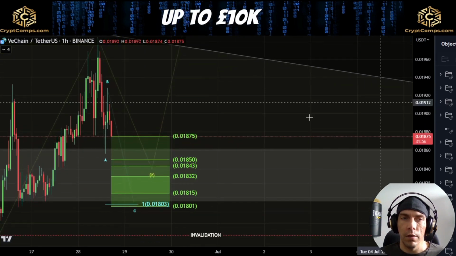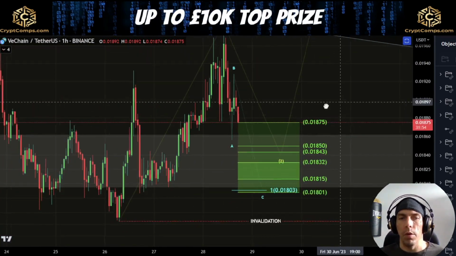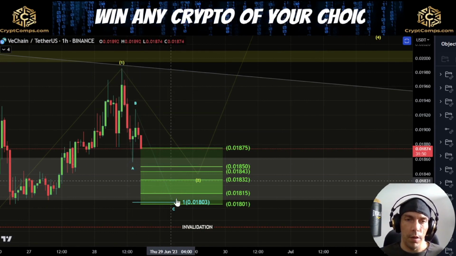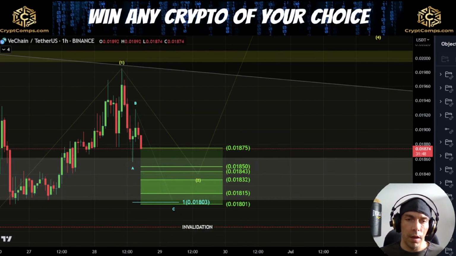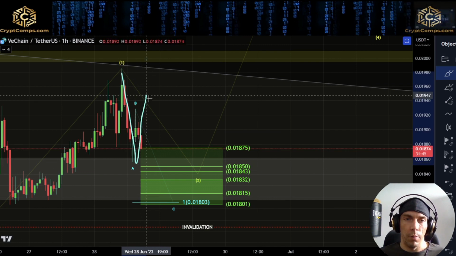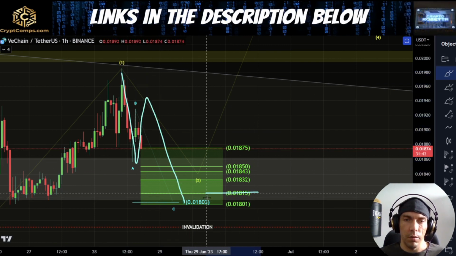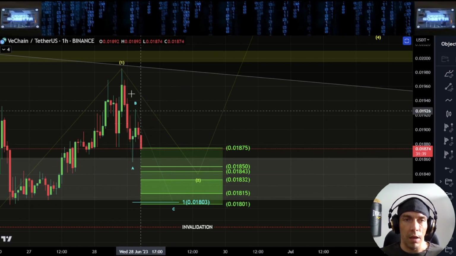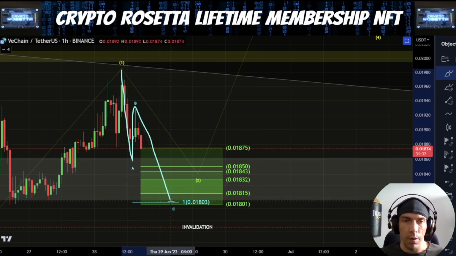Now, if this is the case, effectively what we could be looking for would be coming into this lower range here and looking for this as an A, a B, and a C. So this would be looking at the potential that we have extension here, where this is going to be A, B, C. We come down into these lows towards this 1801. That would be 1 to 1 of this A wave to the downside here, A, B, C.